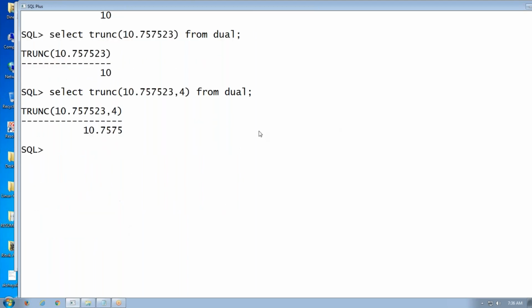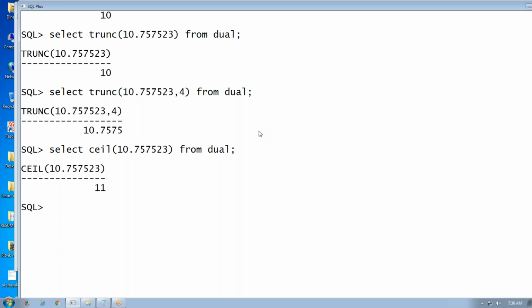Now, next one, what is ceil? The ceil function will print the immediate integer above or equal to the given value, which means 11. Floor means below value, ceil means above value. And the next functions,